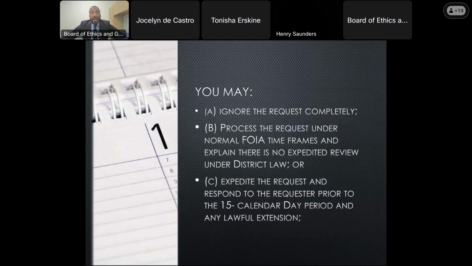You may A, ignore the request completely, B, process the request under normal FOIA timeframes and explain there is no expedited review under district law, or C, expedite the request and respond to the requester prior to the 15 calendar day period and any lawful extension.